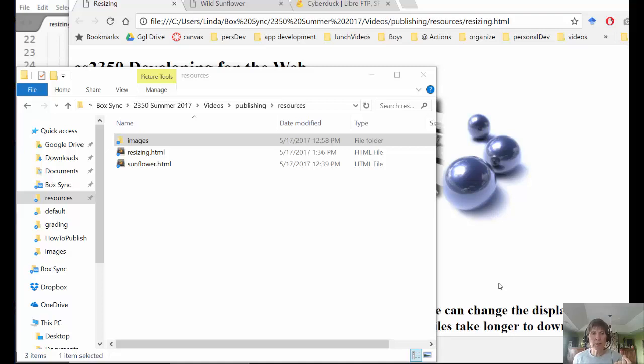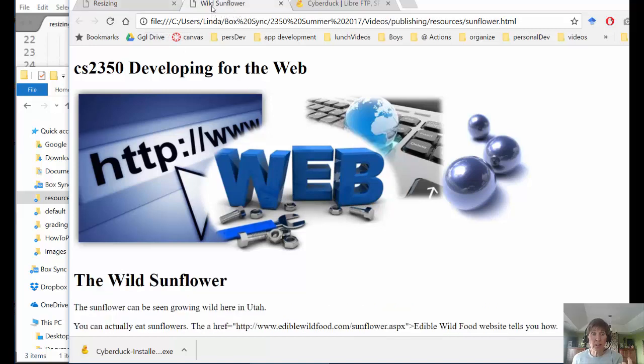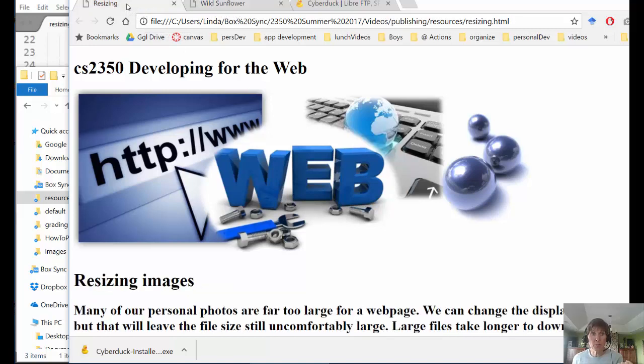In this video, we're going to learn about publishing web pages. So far, we've been storing our web pages in our local file system and then viewing them in the browser. And that's worked out great for development. This is a good way to build and change and update web pages. But eventually we get them to the point where we want to publish them on the internet to make them